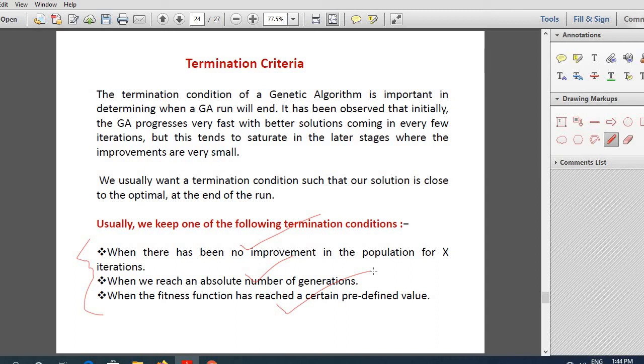For example, if the fitness is the cost of the product, you are setting a criteria like, I can select a product with cost say 1000 rupees. So when that particular cost value has reached, you can stop the algorithm. Okay. So these three are the main termination criteria as far as GAs are concerned.